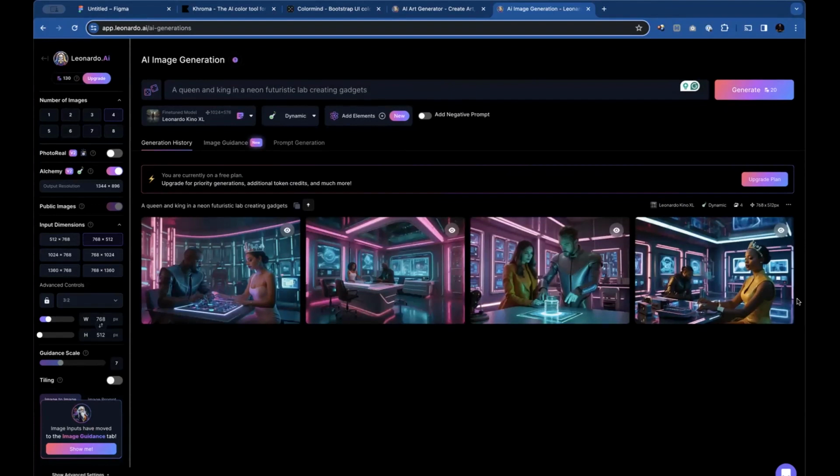Okay. So it has generated something for us. I'm sure you can see my screen. And wow. If you also type the same thing on your own screen, you would see what it has generated, right? So remember I said I made it more specific, neon futuristic lab. Now you can see the background. It has the lights, the ambience, even on their body, it also has that. And what are they creating? They're creating gadgets, which is good, right?